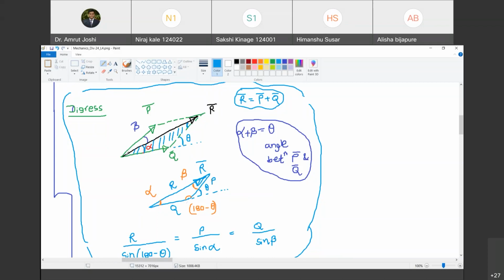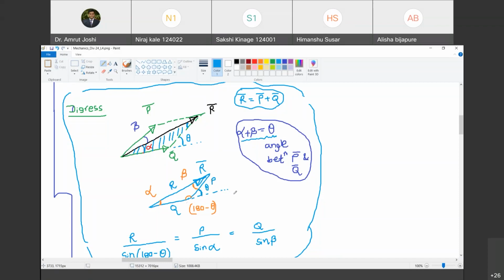Then what can you say about this angle? This is the angle between Q and P, so it is going to be theta. By definition, we say the angle between two forces is theta, which is equal to alpha plus beta. Are you with me? Yes, sir. So this angle is going to be equal to theta. If it is theta, then what can you say about this angle of the triangle? It is 180 minus theta. So we now know all the angles of the triangle, in the standard notations that we are following from the beginning.